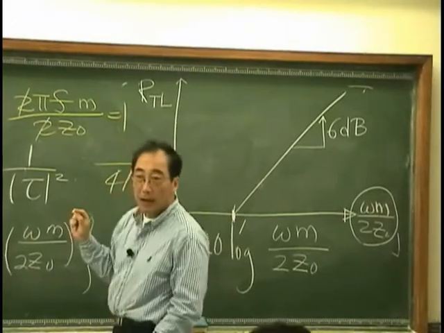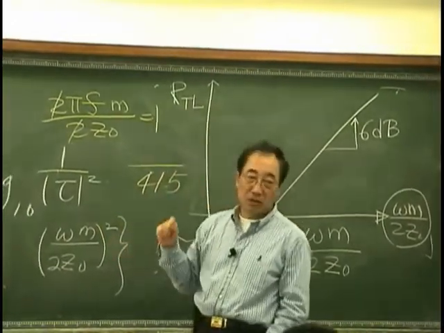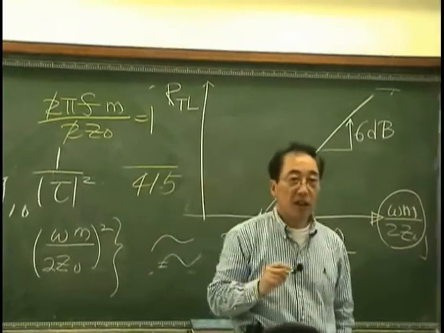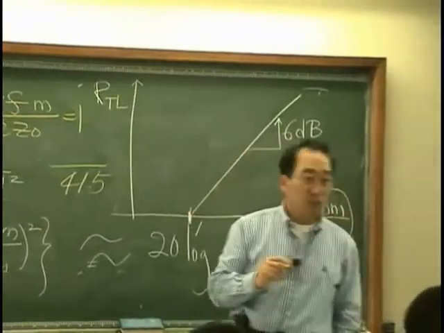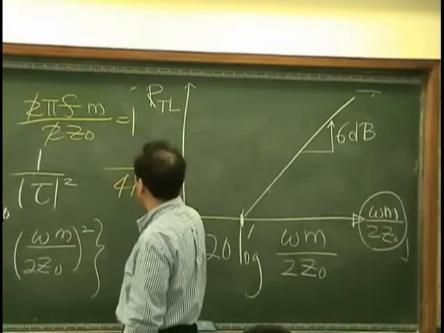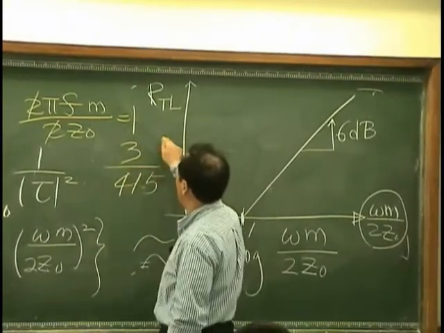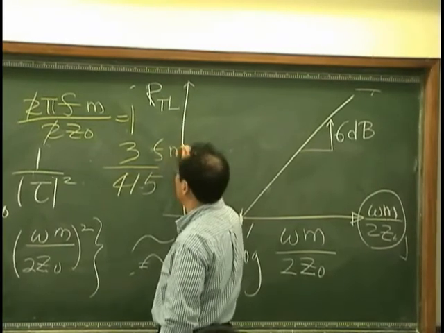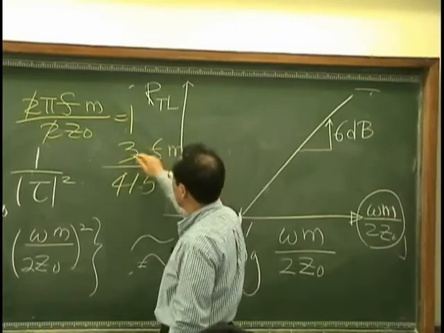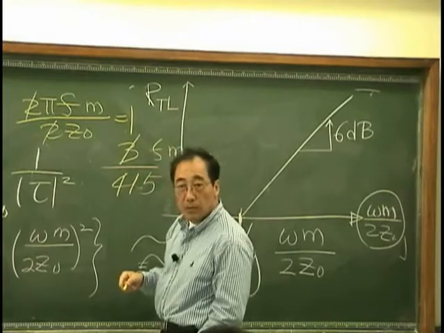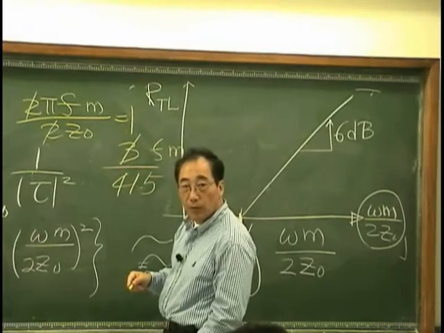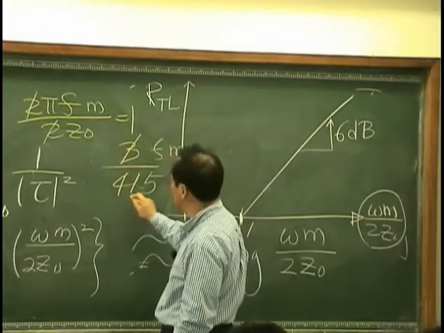And pi is 3 because we are handling dB scale, and 3 and 3.14 do not have much difference. So 3 and f m equal 1, and that is 3 divided by 401, which is approximately 1